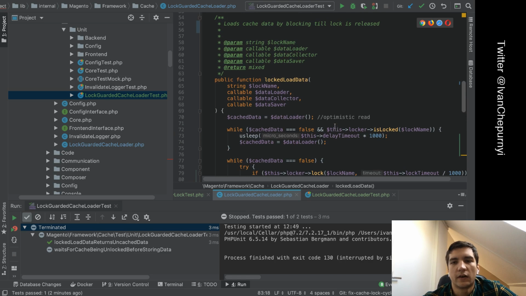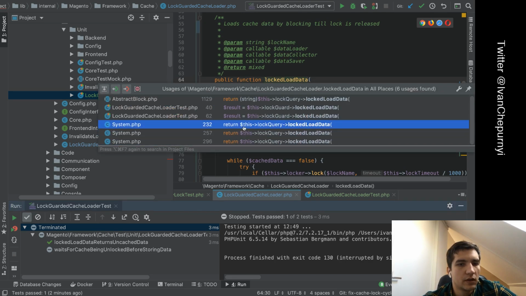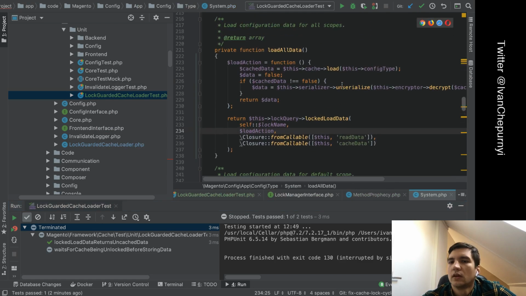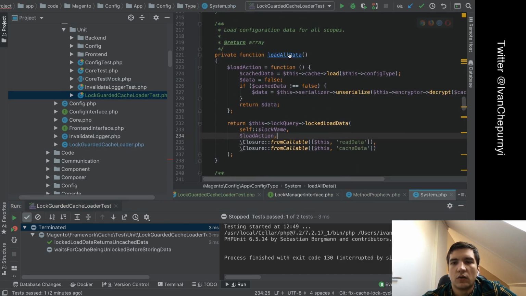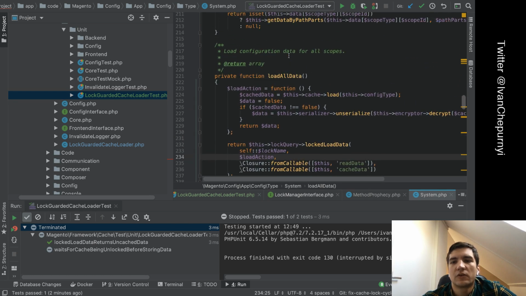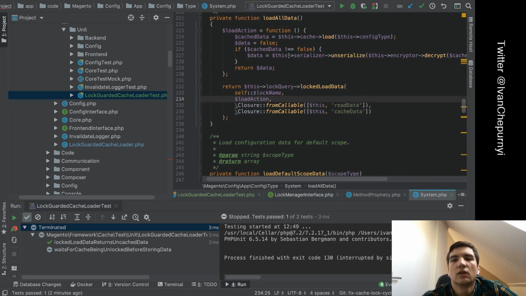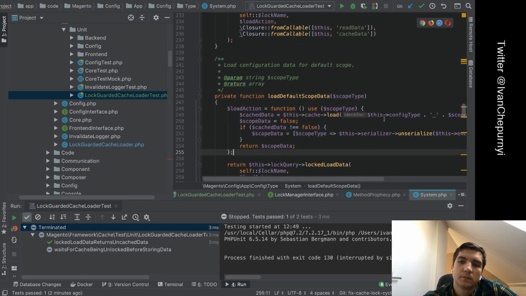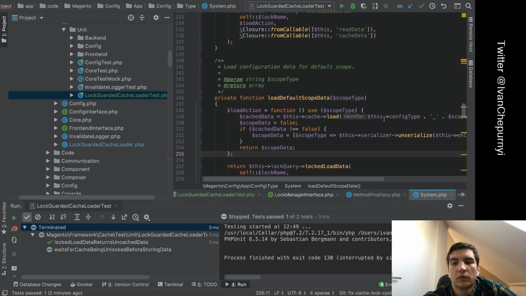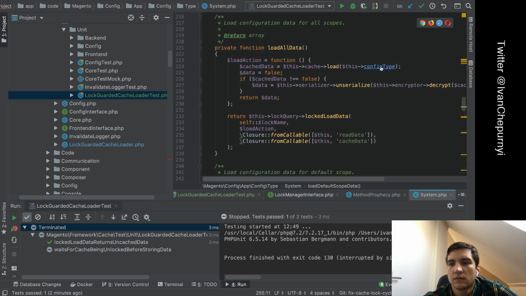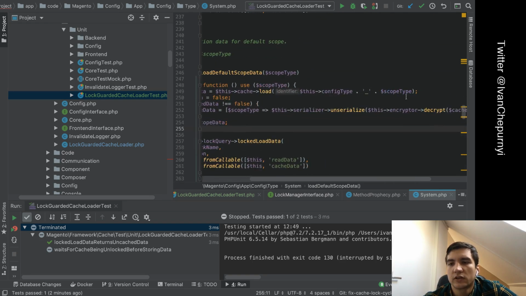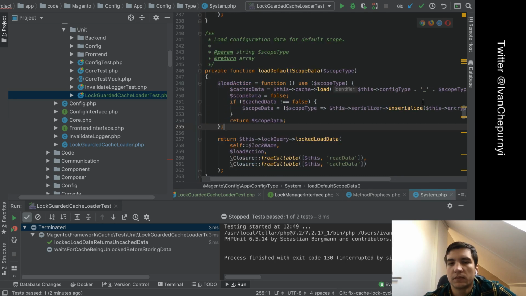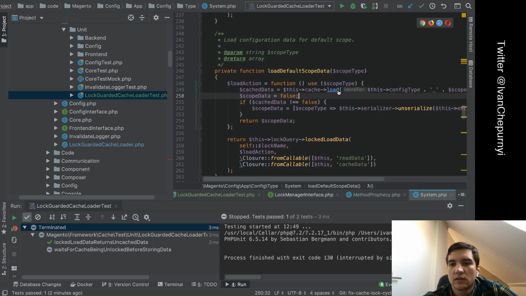So here, I saw where this code is used, and for me it looks like it already contains a bug. So if we take a look at the usage here in system PHP of this load data method, we can take a look at the load all data method. This is the one that is used to load all the configuration from cache. And here is also load default scope data. And what we can see here, the caching keys for this data are actually different, like one is for config type, another is for config type and scope type. And here we can see that,